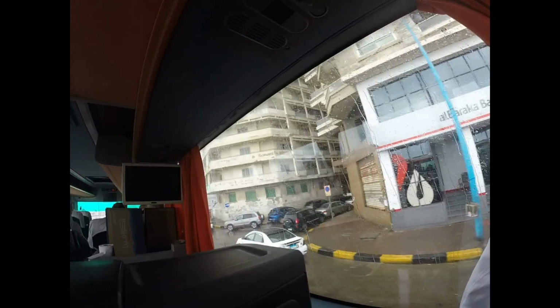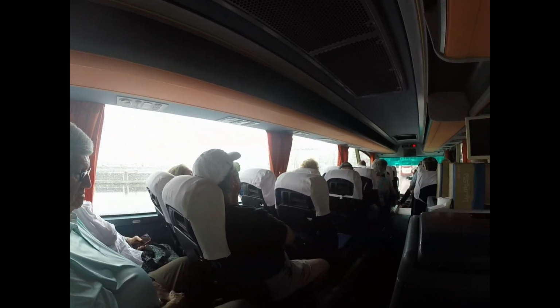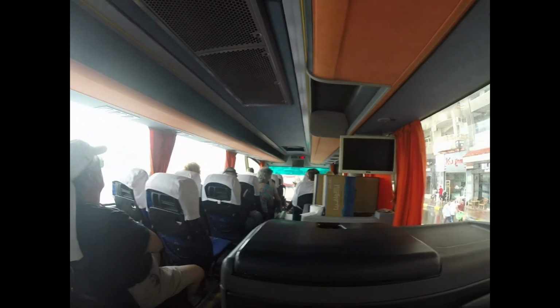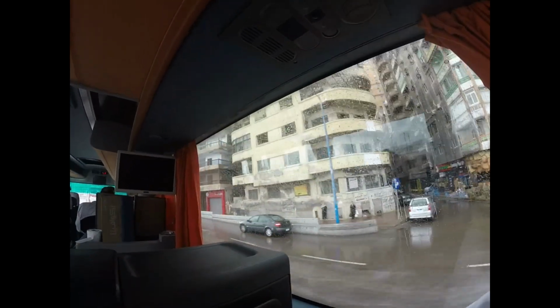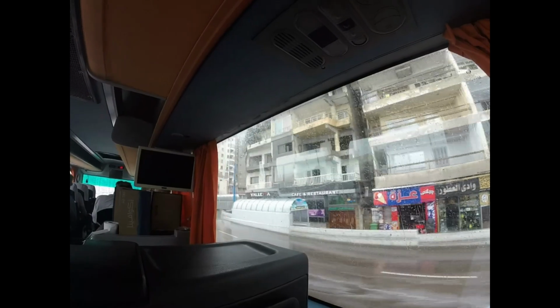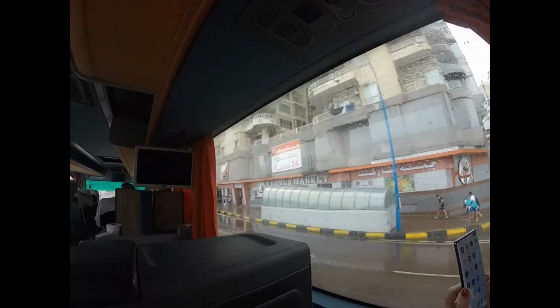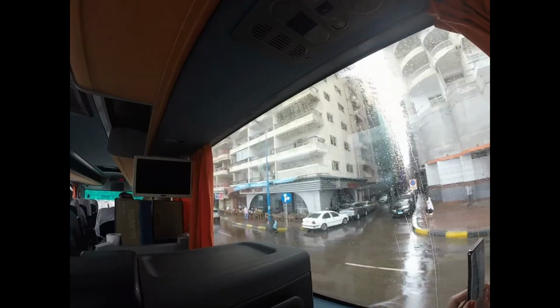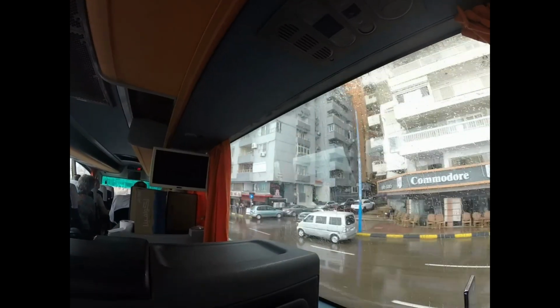And you know that this rain here, yesterday was the first day of rain in our winter season. So it's still not the winter, because we still wear light clothes and short sleeves. But it's just the beginning. Usually during the winter time, when we reach December and January, it rains heavily. It gets very cold and very windy. Okay. As Alexandrians, we love it during the winter time. The wet atmosphere, and the city is completely empty, and clean and nice. So usually most of us just love the winter time,